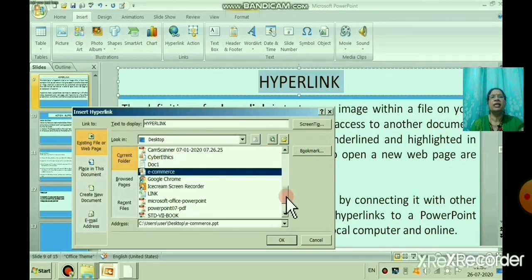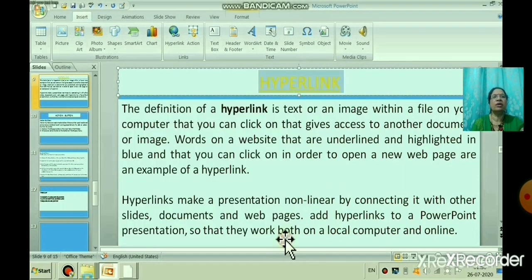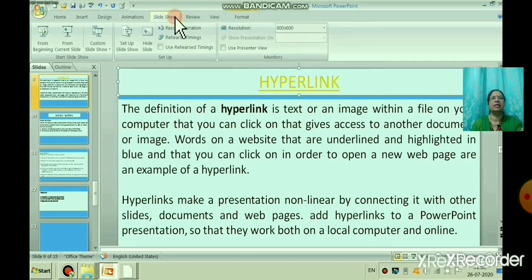Can you see here? Email, right? These are the different ways you can take, okay. Click here, okay, see e-commerce I have taken, and can you see that line over there? Okay, it is coming. That means what you have done is a hyperlink. That means when you click that hyperlink, some other page will open, whatever you have linked, okay.